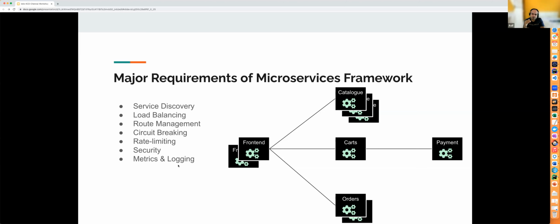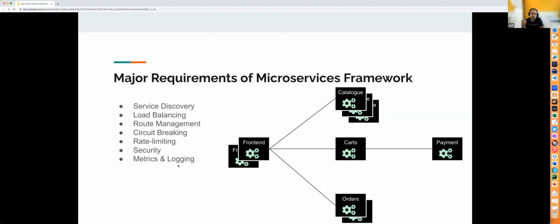So route management is basically like, okay, you are saying that for catalog, these are my APIs, and these are the version 1, version 2 APIs. And say if frontend wants to communicate to us, they need to call this API with this particular version so that the call reaches the catalog. So this is basically telling how my APIs or how my service contracts have been laid down. So the route management is also one of the major requirements, right?